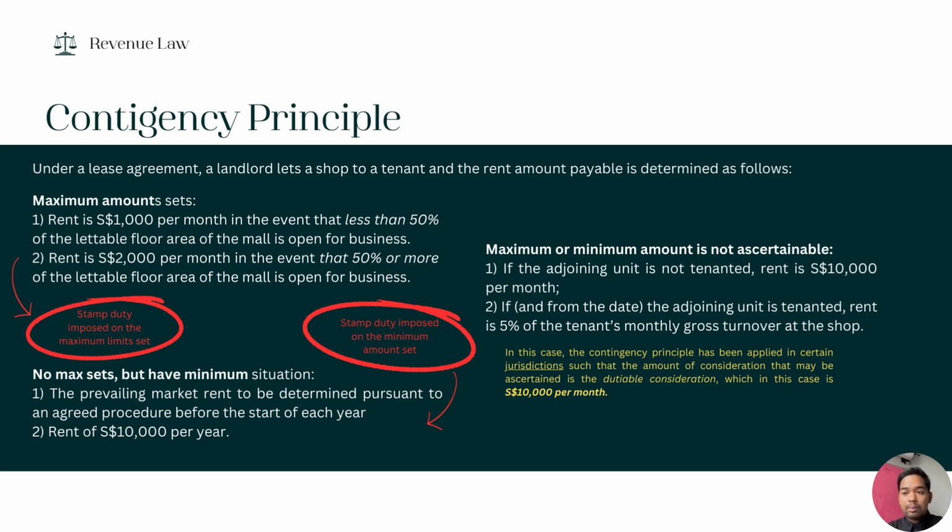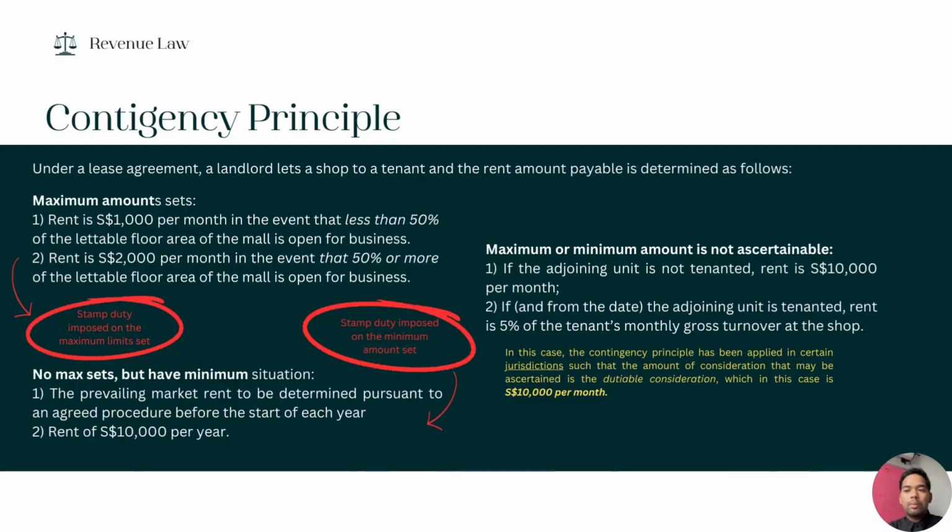So in this case, the contingency principle has been applied in certain jurisdictions, such that the amount of consideration that may be ascertained is the dutiable consideration, which in this case is RM 10,000 per month. So the tax officer needs to apply the contingency principle to make sure which is the best to